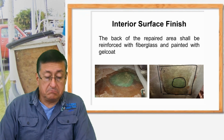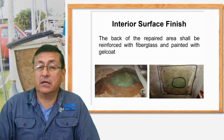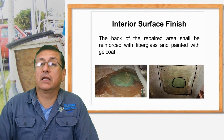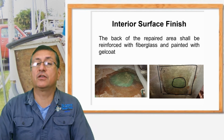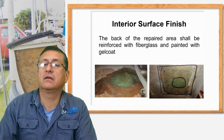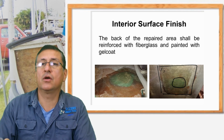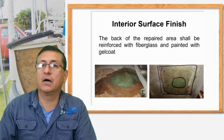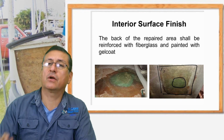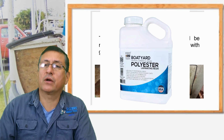This is a job commonly required in marinas, and you can do that project if you have a small boat and you have a crack on the side. It's easy. The only thing that you need is to be organized. You need a clean area, good ventilation, good materials. Don't forget, we are going to use polyester resin. We are going to use